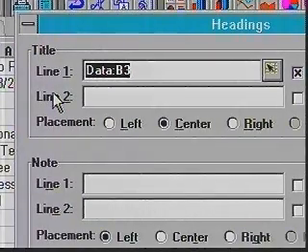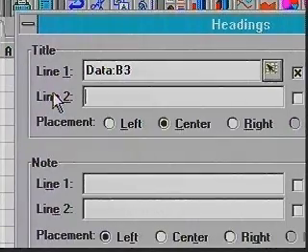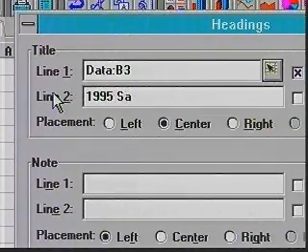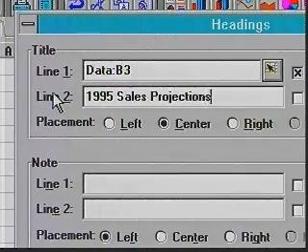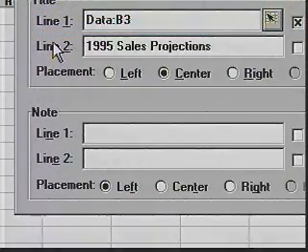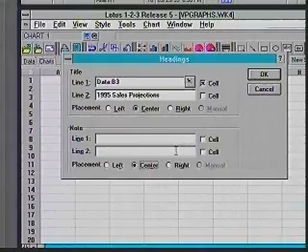Press Tab twice to move down into line 2 and type in 1995 sales projections. The placement options just below these two-line boxes will set the title lines to left, center, or right alignment. The center button should be selected. If it isn't, click on its radio button to select it. I don't believe this chart needs any notes, Suzanne, so click OK to close the dialog box and see the